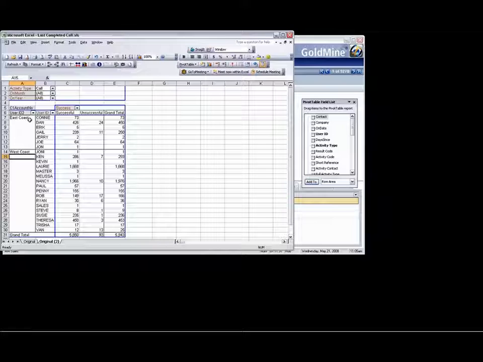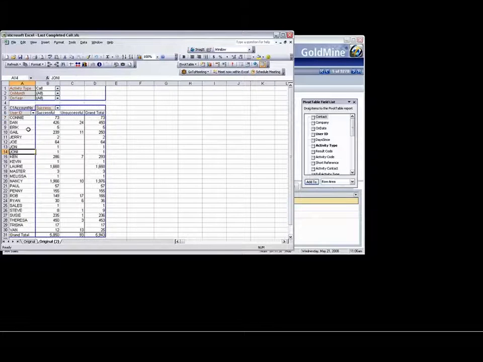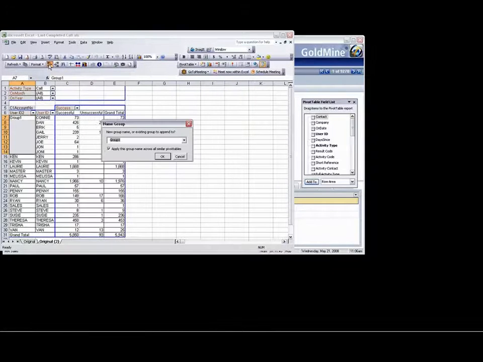So in this new version, what I've done is something a little more convenient. Namely, if you make that group, and let's say this is going to be our East Coast group, I highlight those and make my group now using the MasterMine grouping, I get a naming dialog. This not only informs me as a user that I can set a name for that group, any name that I want to, put in East Coast here, but it also by default applies this group name across all the similar pivot tables in the same workbook. So now when I say OK,